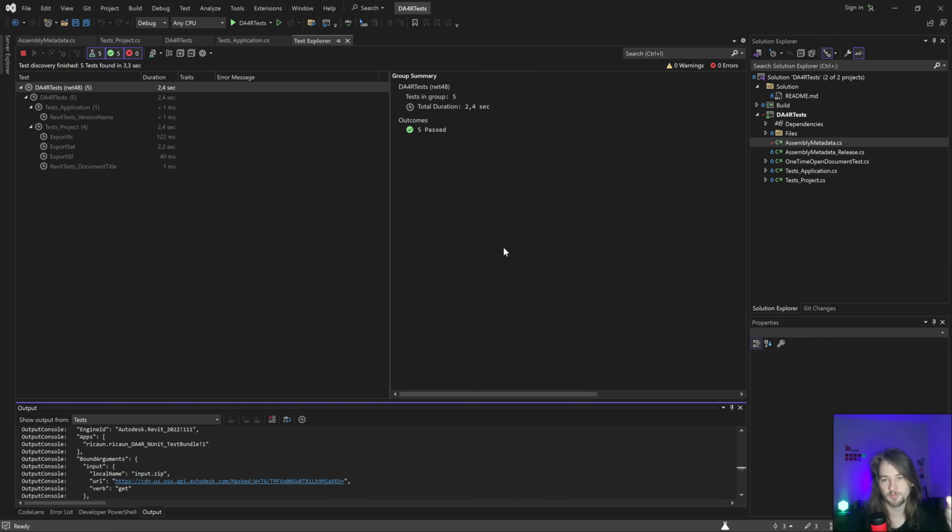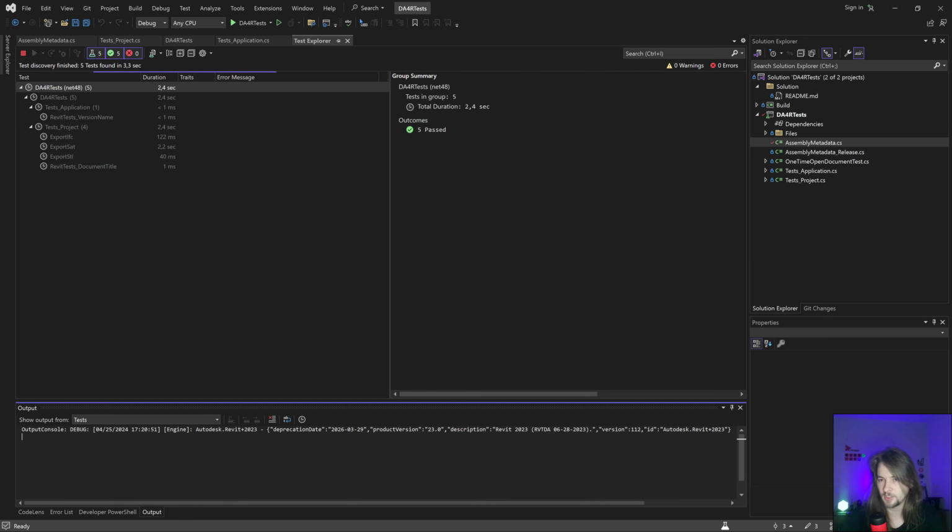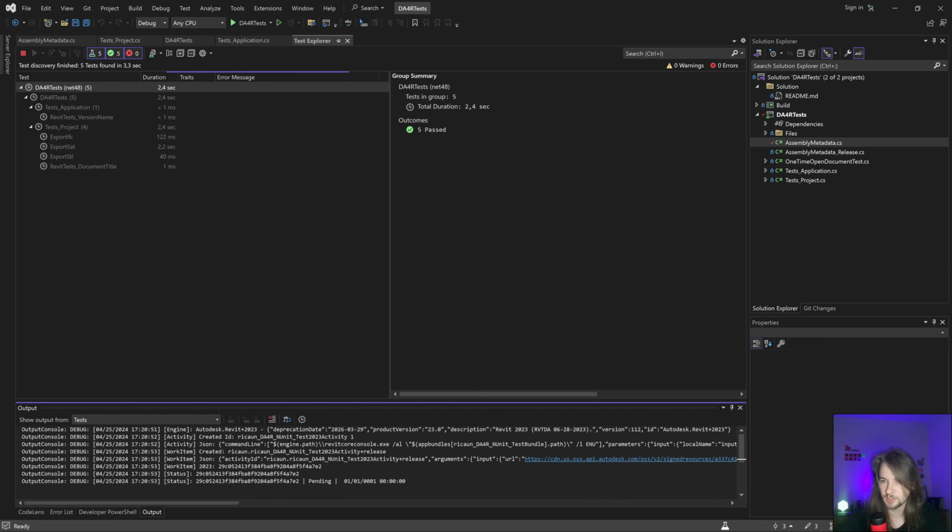I have some variables for the Forge client and Forge key in my machine, so we're going to use that and try to use version 23. That's basically here. It's going to create the activity, create the work item, and run everything in that.